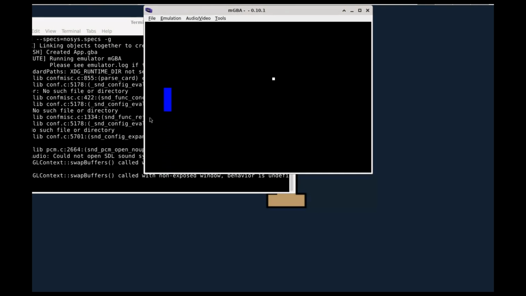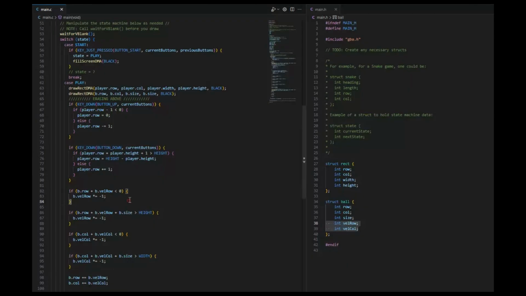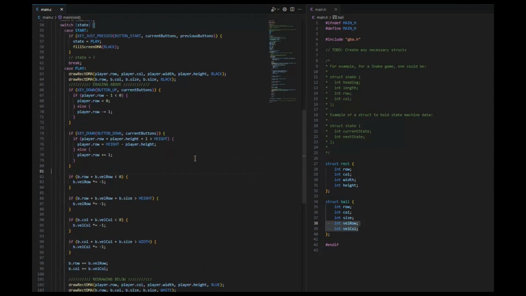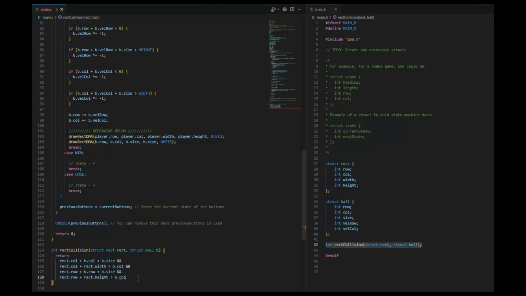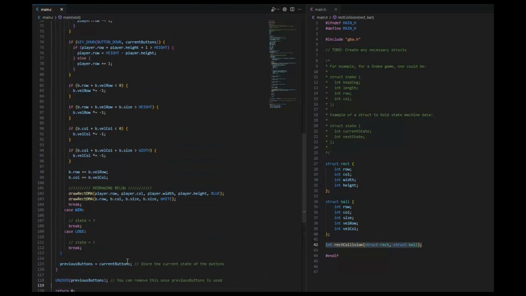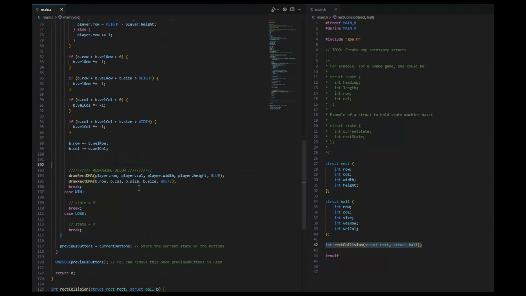Perfect. Okay, so now we also notice that it's not actually colliding with the player yet. It goes right through it because we didn't implement the logic. So let's go do that next. In order to do this, I think we're going to need rectangle collision logic, and so I'm going to go find that online right now. Okay, so now what I'm going to do is, if there's any collision with a rectangle, if rect collision player or ball,